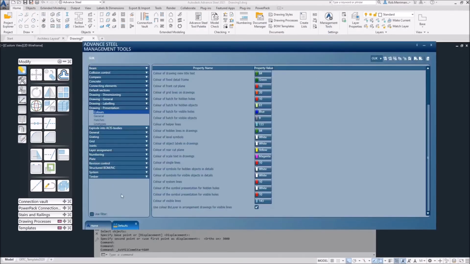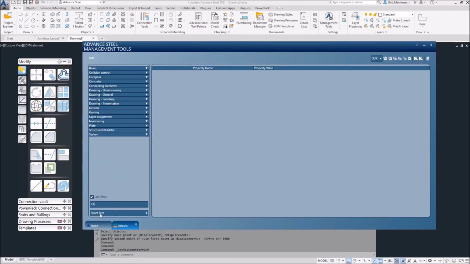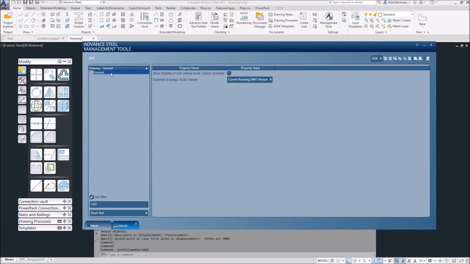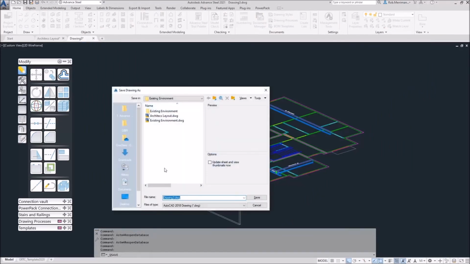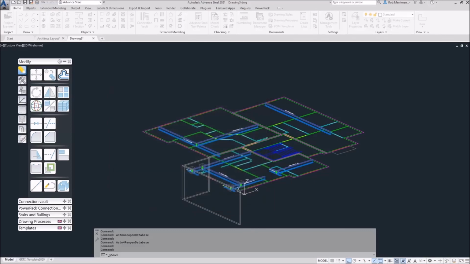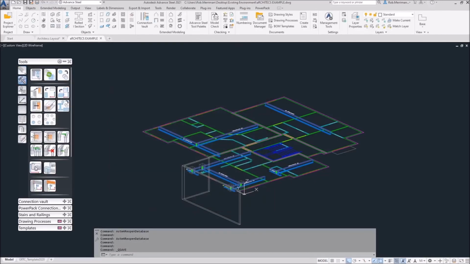If we open our management tools again, and in the filter we type CAD, there is a default that says allow detailing of CAD entities inside the camera drawing. So if I tick that and we load the defaults in, we'll save this as Architect's example. If I put a camera in,